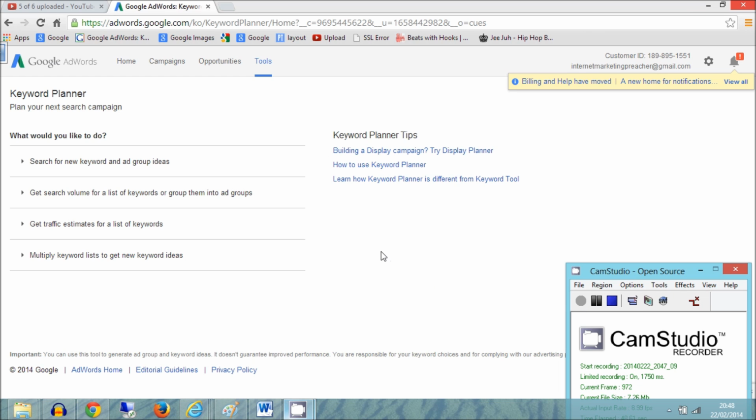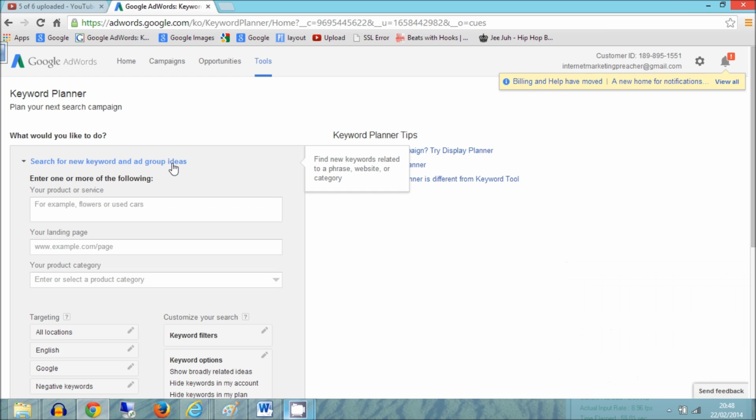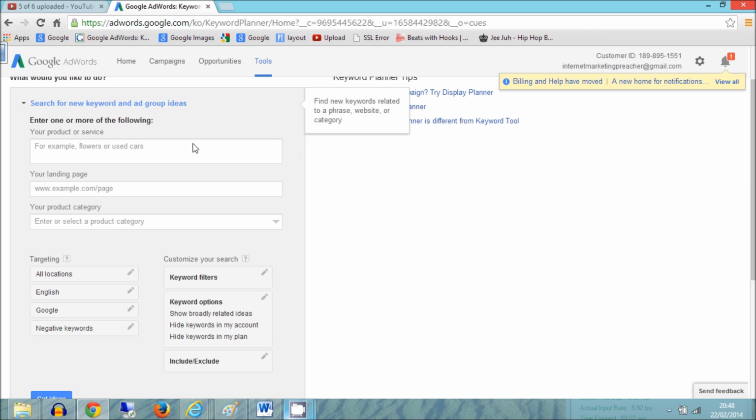So we've just logged into the Google Keyword tool, and you can see how to do that a few pages back in the Google Cracker course. And here we'll type in our keyword phrase, which is dog training.